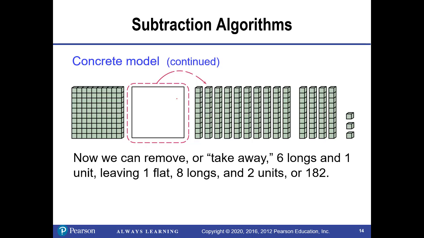So here's how my trade is shown. Notice what we do is we just draw a circle around, or a dashed line around what we're trading, and then we show what it works out to. So now from this, we can take away 6 longs. And there we go, they're X'd out. And we've taken away 1 unit. So what do we have? We are left with 1 flat, remember that's 100, 8 longs, that's 80, and 2 units, which is our number,